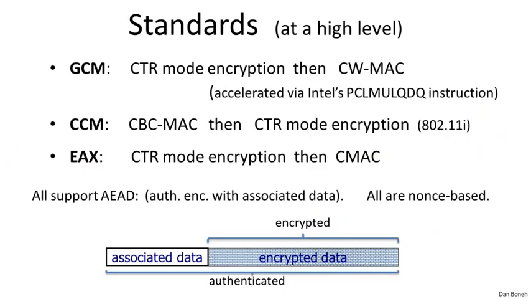So to summarize this segment, I want to say it one more time: when you want to encrypt messages, you have to use an authenticated encryption mode. And the recommended way to do it is to use one of the standards, namely one of these three modes for providing authenticated encryption. Don't implement the encryption scheme yourself. In other words, don't implement encrypt and MAC yourself. Just use one of these three standards. Many crypto libraries now provide standard APIs for these three modes, and these are the ones you should be using and nothing else. In the next segment, we're going to see what else can go wrong when you try to implement authenticated encryption by yourself.